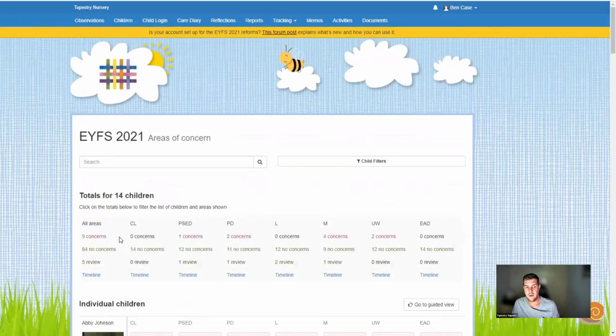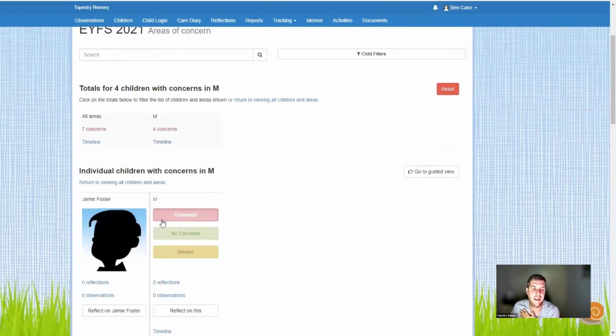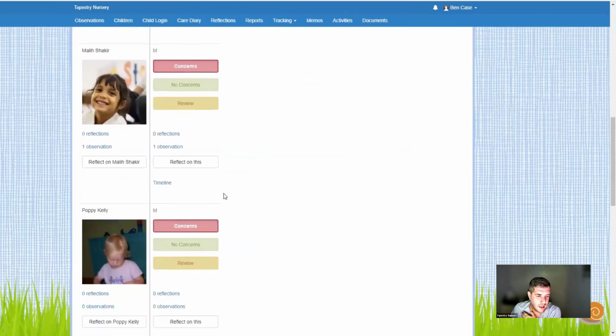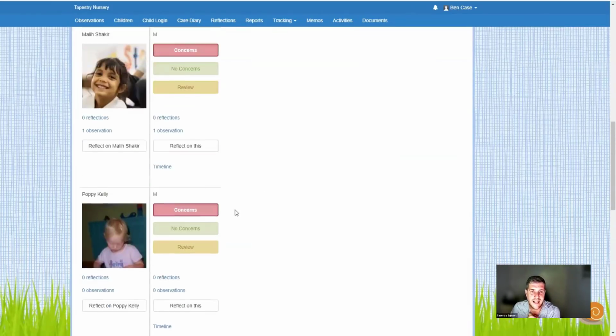So one thing you can do here as well, at the top of the areas of concern screen in the group view, you can very quickly see which areas you've got the most concerns in. So for instance, I can have a look here and I can see I've got 14 children, 4 of them are concerns, 9 are no concerns, and 1 is a review. If I wanted to have a look at who my 4 concerned children are, because I'm doing my planning at the moment, I'm thinking about my maths, why have these children been flagged as concerns? So I just click on that and I can see I've got Jamie, Malaya, Poppy and Tomash,